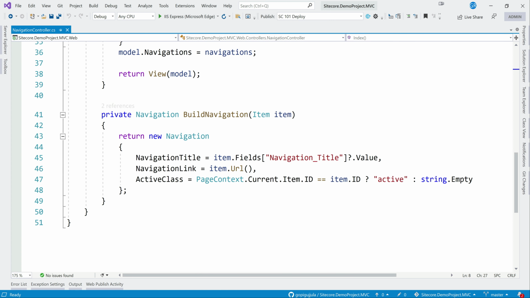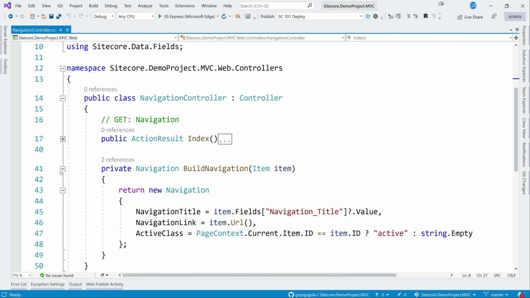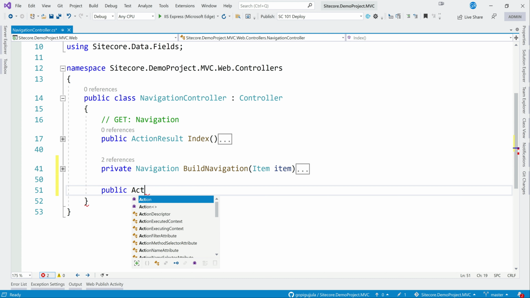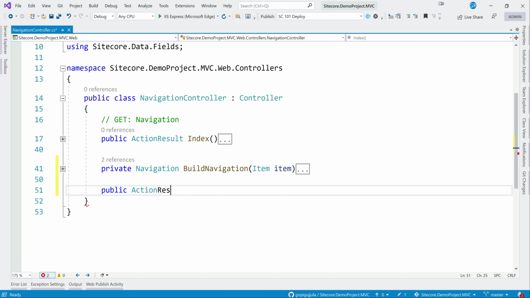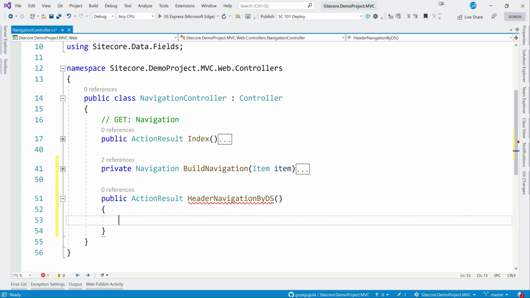So this we already have, and let me build another action. Public action result, and you copy that header navigation by ds, whatever we have given in the rendering level. So we have to read the data source now.